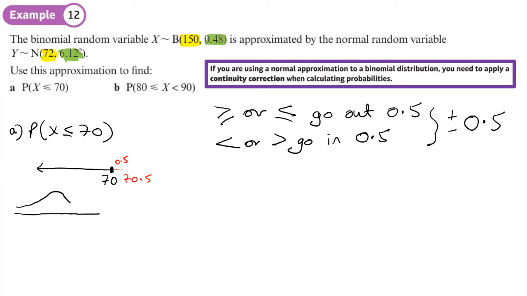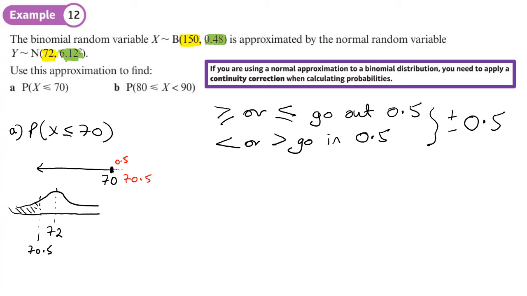question, is I have a mean here of 72, and I want to work out this area here, and this value isn't 70, it's 70.5. That's this continuity correction thing that I need to do. So on my calculator, load 7, normal CD, lower value, let's choose 0, it's more than 5 standard deviations away from 70.5, upper value 70.5, and I have a standard deviation 6.12 and a mean of 72, and I get